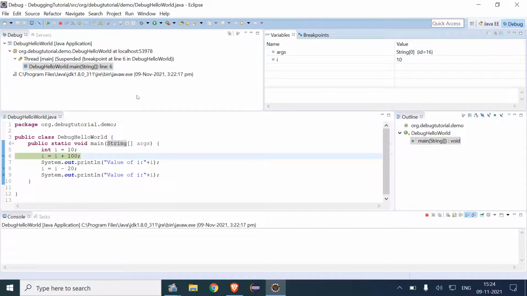For that, we have an option, which is resume, and that stands for F8. If we press F8, it will directly go to the next breakpoint and stop at that point of time.